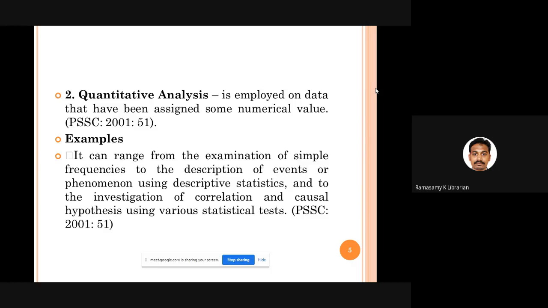Under descriptive statistics, you talk about mean, median, mode, minimum, maximum. Going further, you can conduct various statistical tests, such as correlation tests and all kinds of hypothesis testing. So the analysis can be either quantitative or qualitative.